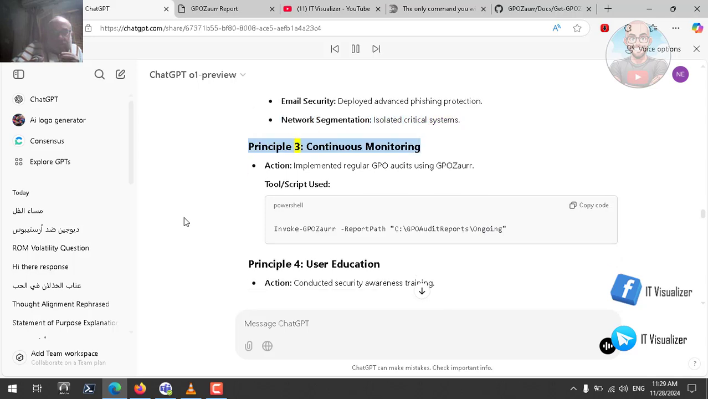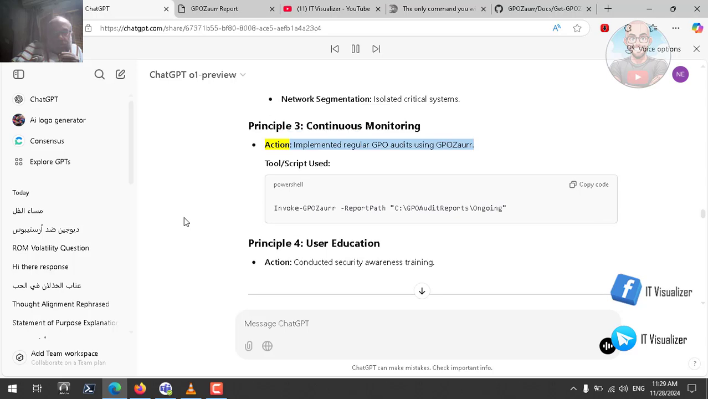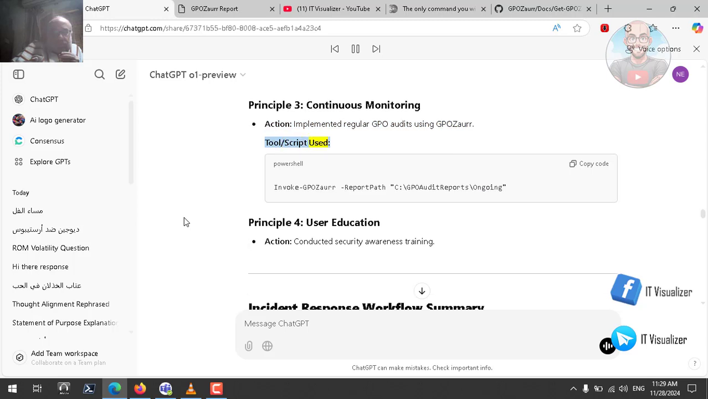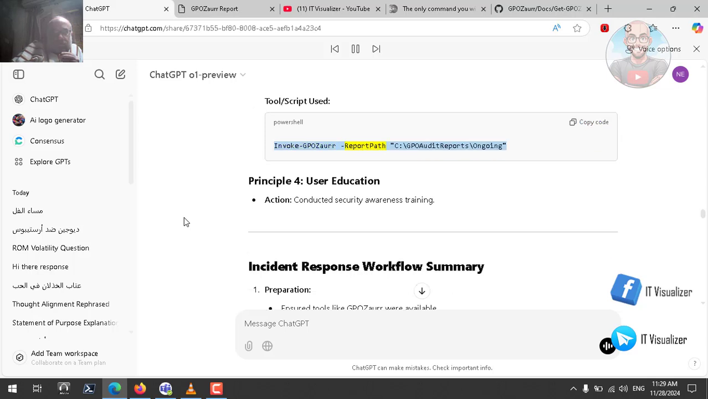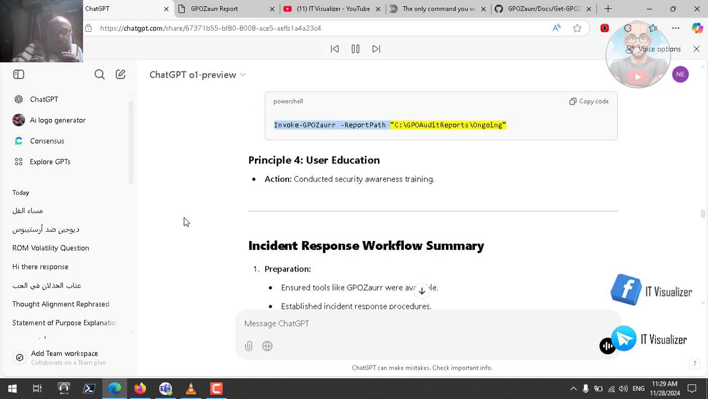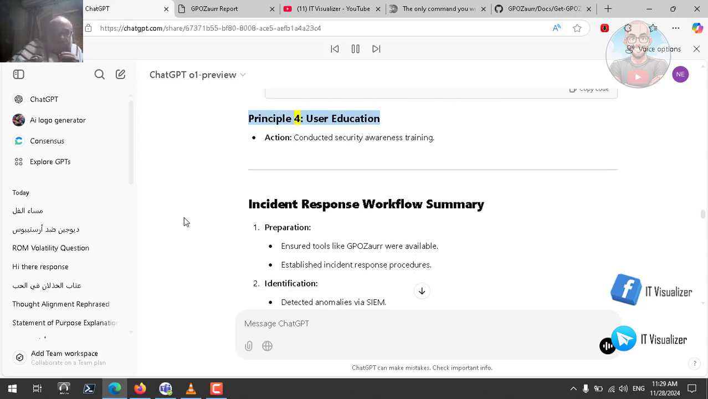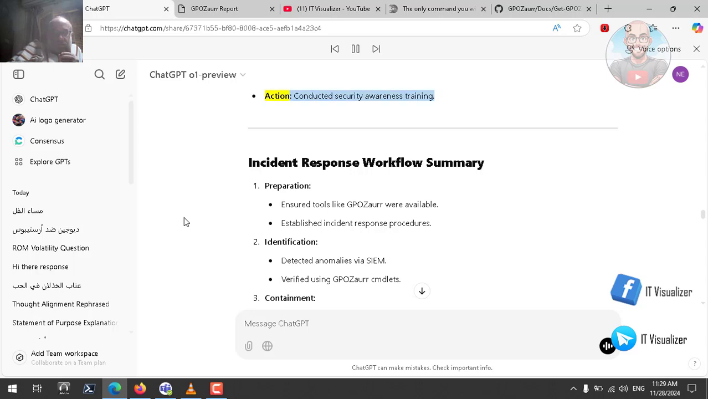Principle 3: Continuous monitoring. Action: implemented regular GPO audits using GPOzor. Tool/script used: PowerShell. Copy code. Invoke-GPOzor, report path C:\GPO audit reports, ongoing. Principle 4: User education. Action: